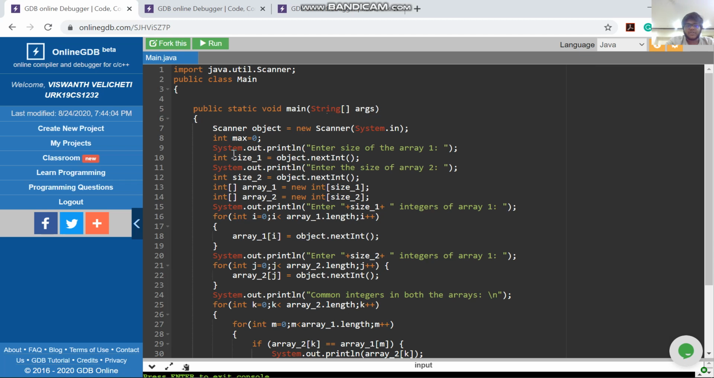int max = 0; System.out.println("Enter size of the array 1"); int size1 = object.nextInt(); System.out.println("Enter the size of array 2"); int size2 = object.nextInt(); int array1 = new int[size1]; int array2 = new int[size2]; System.out.println("Enter " + size1 + " integers of array 1");